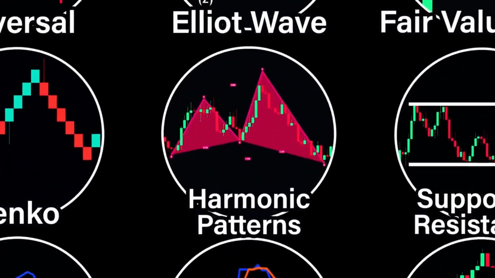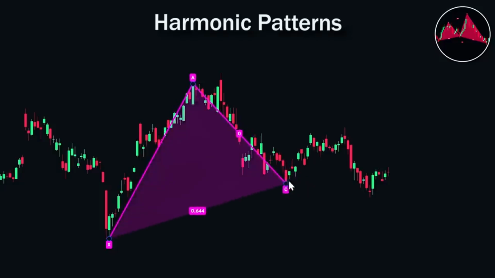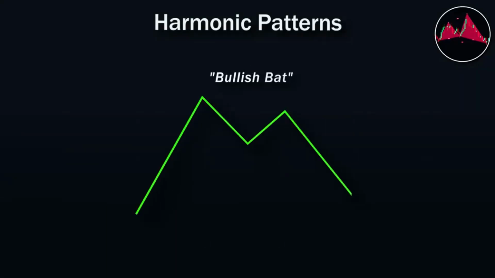Harmonic patterns. These are advanced price patterns that follow a specific shape based on Fibonacci numbers. Traders can then use these specific shapes to predict future price movements. For example, a bullish bat pattern is formed when price makes a series of 4 movements that is shaped like the letter M. Each point can be labeled as X, A, B, C, and D, and each of these points has a specific guideline. For example, point X to point B needs to have a value between 0.382 and 0.5. Point A to C needs to have a value between 0.382 and 0.886, and the same thing works for the